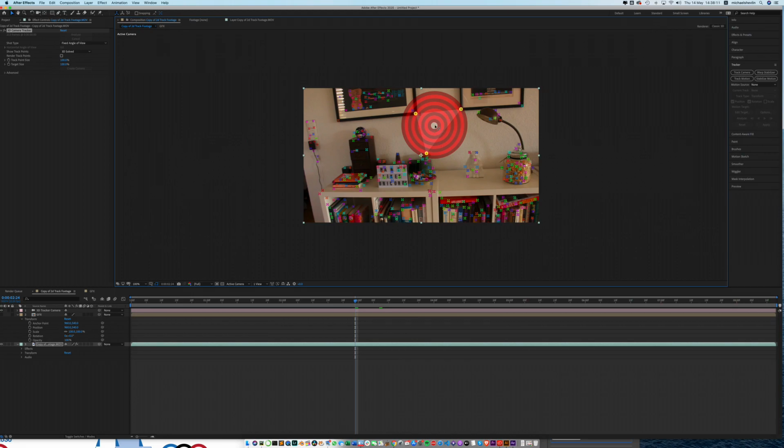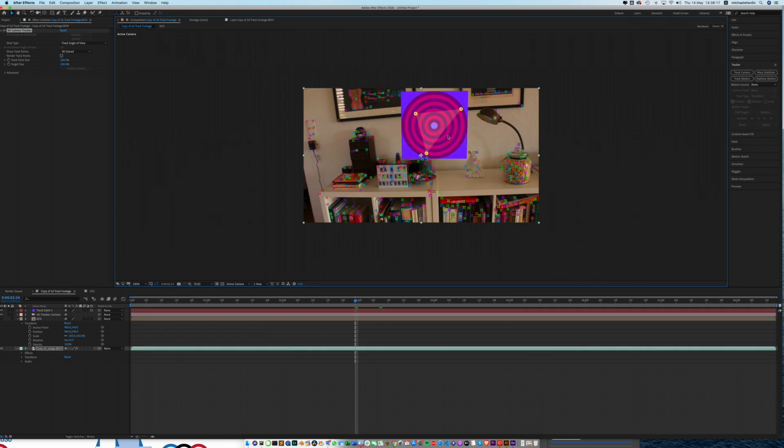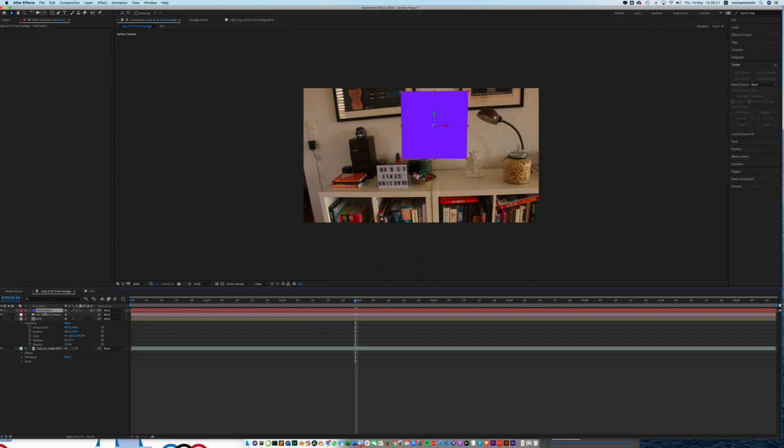And so what I'm going to do is I'm going to right click and I'm going to create a solid layer. Ding! And what it's created is a solid, which is just a flat object, and it has stuck that to the wall. So what we can do now is we can rotate it. So I'm going to rotate it along its Z axis to get it in line with the wall. And we can see that that is kind of roughly in line with the wall. So now when we move through our footage,